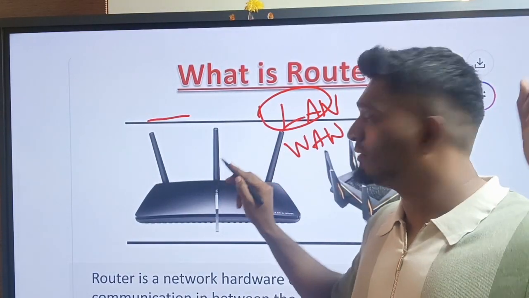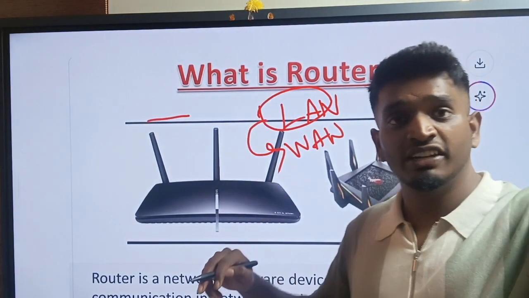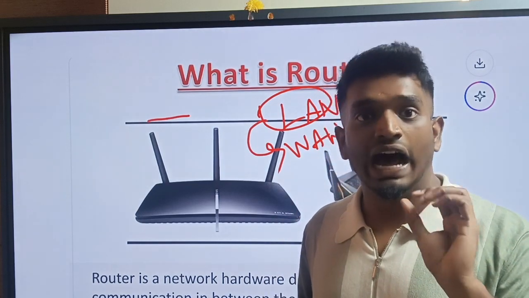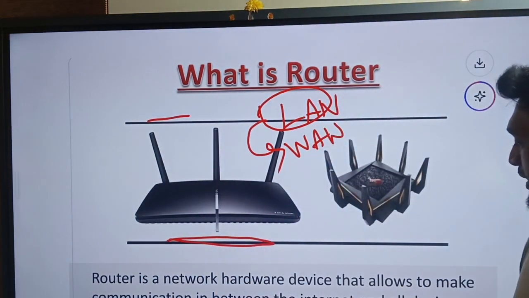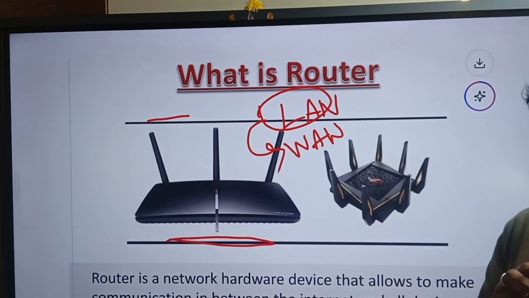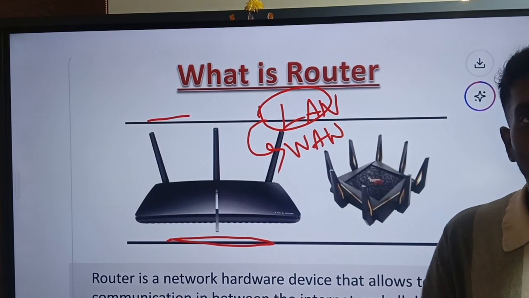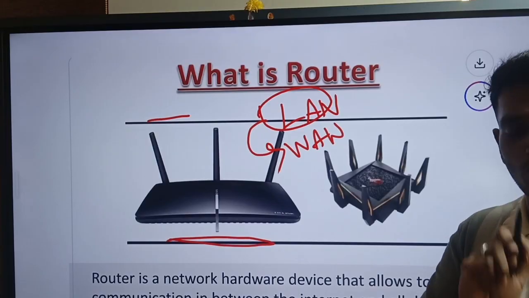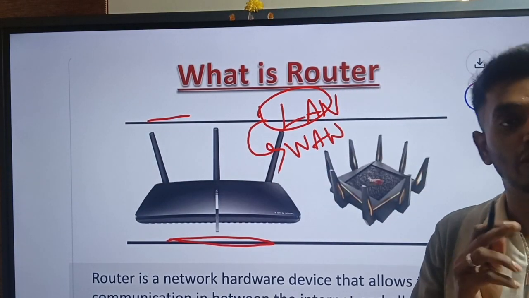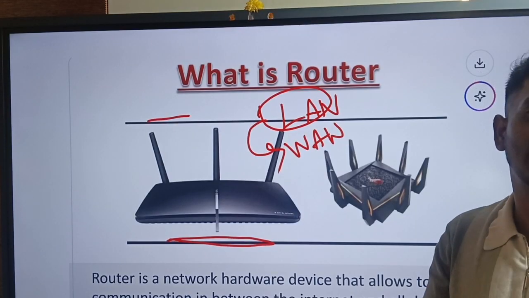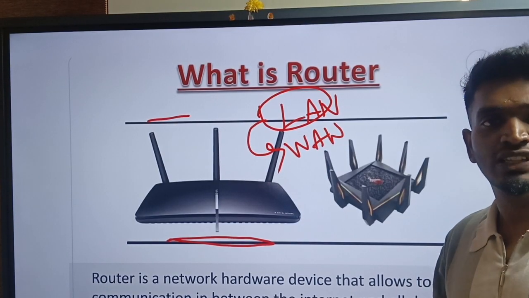To connect it to the internet, the device we need for that connection is the router. A router is a device that connects you or your devices, the home, mobile phones, laptop, to the internet. Through the internet we can do Wikipedia, Google, Instagram, Facebook. That's what you can understand.